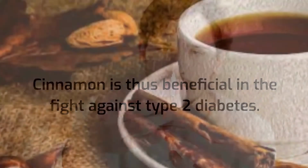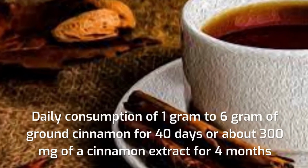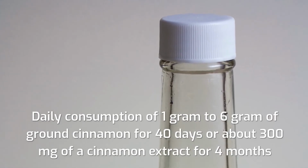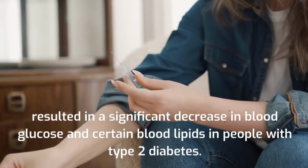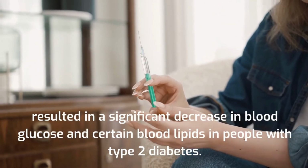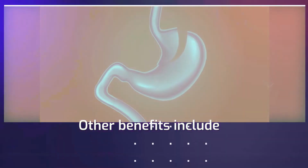Daily consumption of 1 gram to 6 grams of ground cinnamon for 40 days, or about 300 milligrams of a cinnamon extract for 4 months, resulted in a significant decrease in blood glucose and certain blood lipids in people with Type 2 diabetes. Other benefits of cinnamon include: this plant increases the secretion of gastric juice and stimulates all digestive